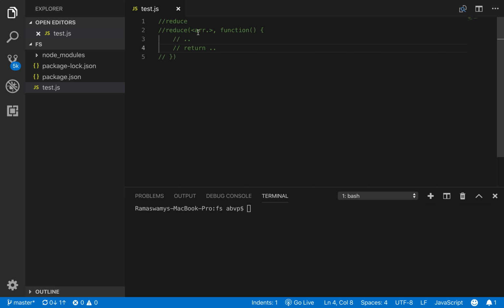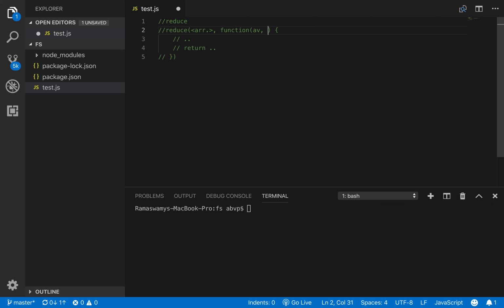Also, to the function reduce, we pass a function as the second argument. To this function, which is passed as the second argument, we can pass two arguments. The first one is called the accumulated value. Let us call it AV. This is the value that gets accumulated during each iteration, or each time the function is called.